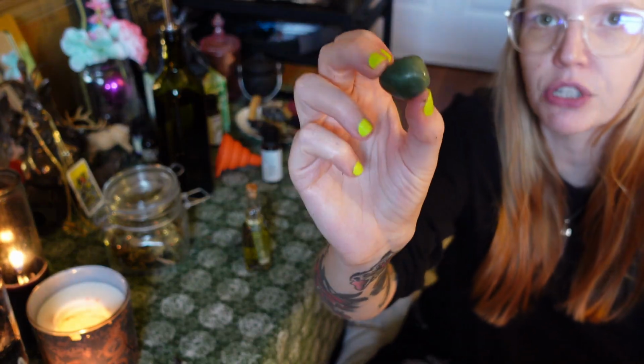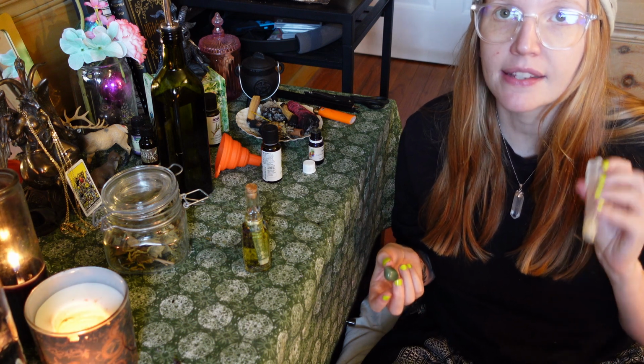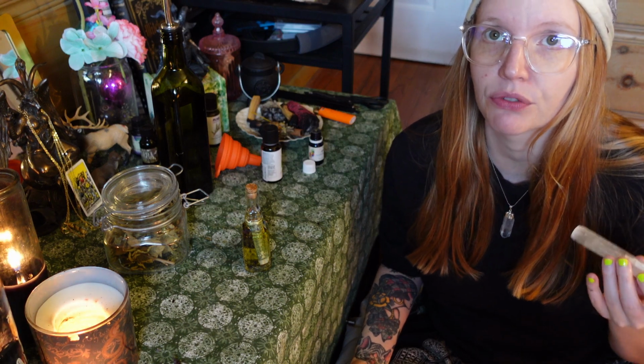Okay, aventurine is this green crystal. I associate it with money, luck, prosperity, things like that. And selenite I associate with, it can be cleansing, but I use it to charge things mostly. That's like 90% of the time what I use selenite for is for charging. So